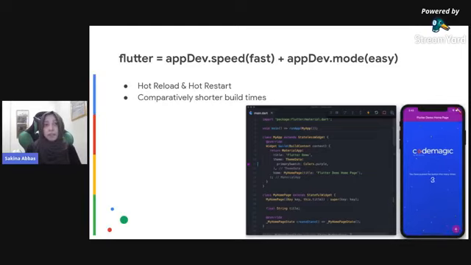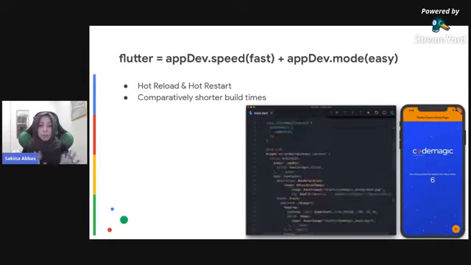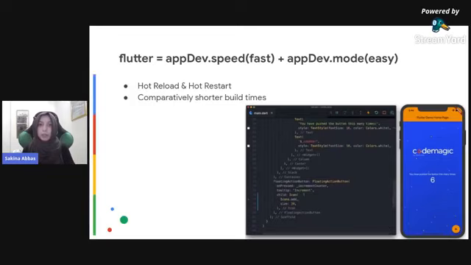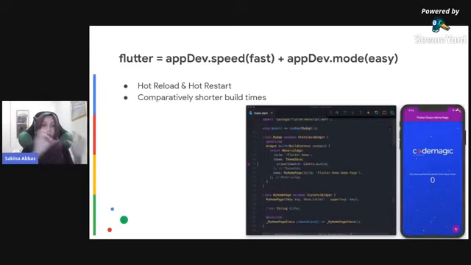Then the next thing that Flutter offers is hot reload and hot restart. What hot reload is, so you made some changes to your code, okay, and you press hot reload or you press Control S on Android Studio. What would happen is that it would preserve the state of the application, and it would reflect those UI changes right there and then.